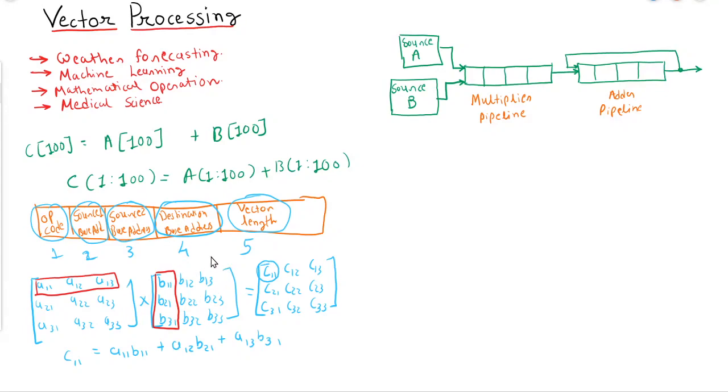Now let's take another example. Let's say we have two matrices, same as this, and we want to calculate the inner product of A and B. So we want to perform A dot B. How will it be performed?